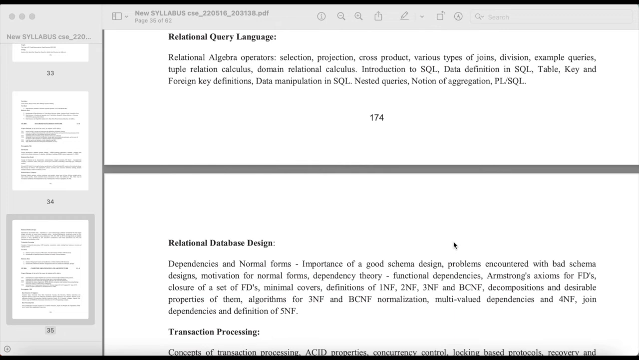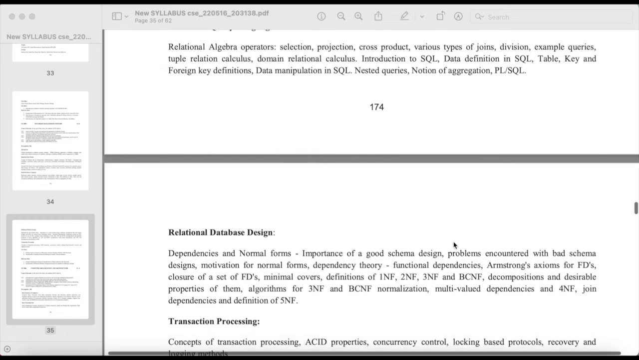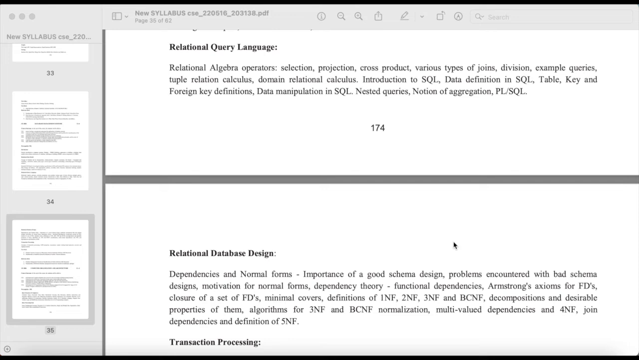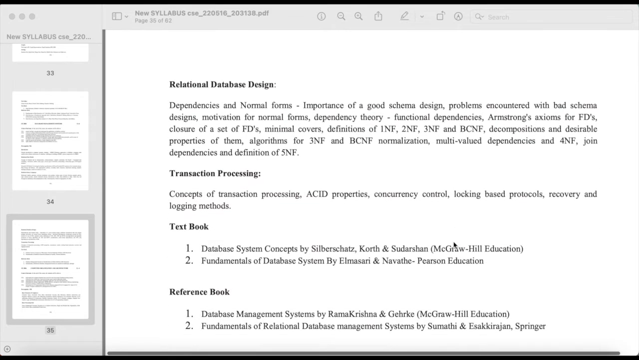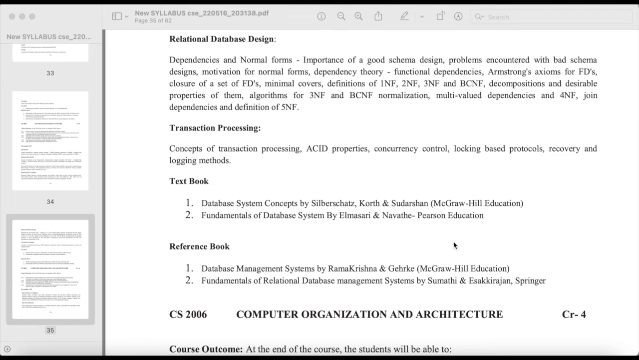Relational database design, dependencies and normal forms, importance of a good schema design, problems encountered with bad schema designs, motivation for normal forms, dependency theory, functional dependencies, Armstrong's axioms for FDs, closure of a set of FDs, minimal covers, definitions of 1NF, 2NF, 3NF, and BCNF, decompositions and desirable properties of them, algorithms for 3NF and BCNF normalization, multivalued dependencies, and 4NF, join dependencies, and definition of 5NF, transaction processing, concepts of transaction processing, ACID properties, concurrency control, locking-based protocols,